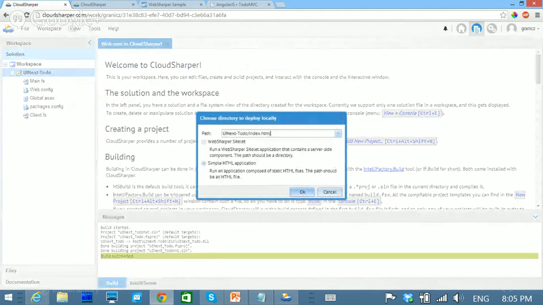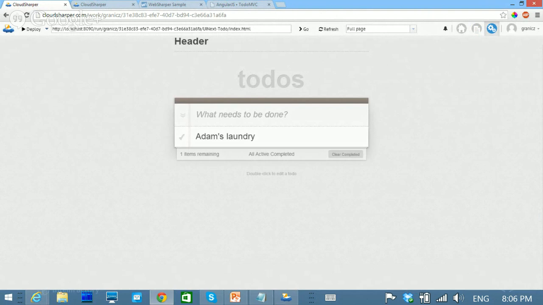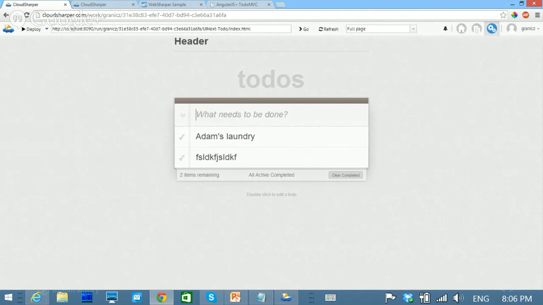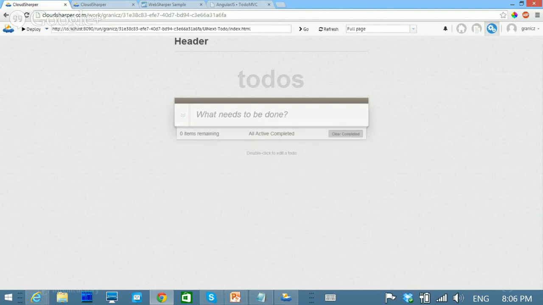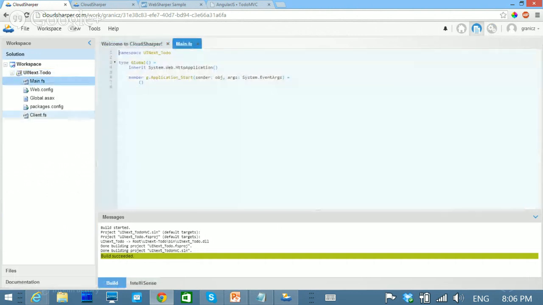So I just basically say, hey, give it to me, boom, and there it is, to do MVC. And you can say Adam's laundry, and then whatever. Then you can say, hey, I'm done with this. It goes away. So if you actually study the code underneath this, you will find that, hey, it's once again,